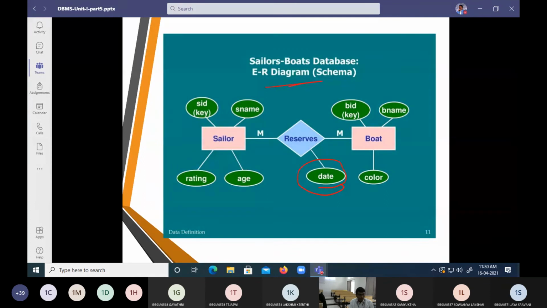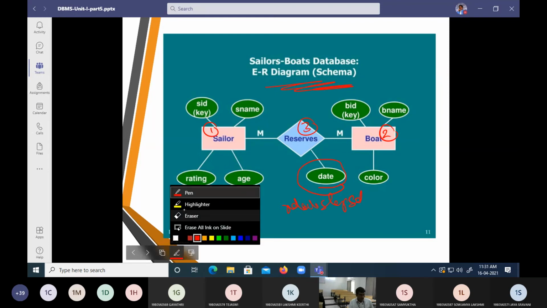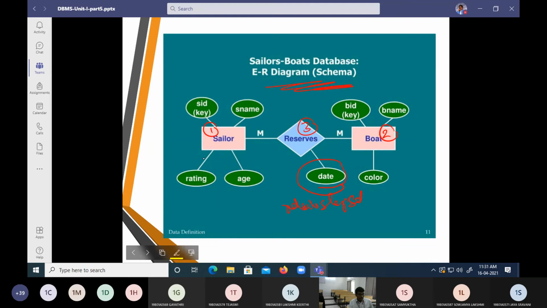So now we are going to build up an ER diagram. This was your lab exercise 1, that is, the ER diagram. First, I have taken a table called sailor. Next, I am going to take a boat. Next, we are going to have reserves. Reserves we are going to call a relationship set.